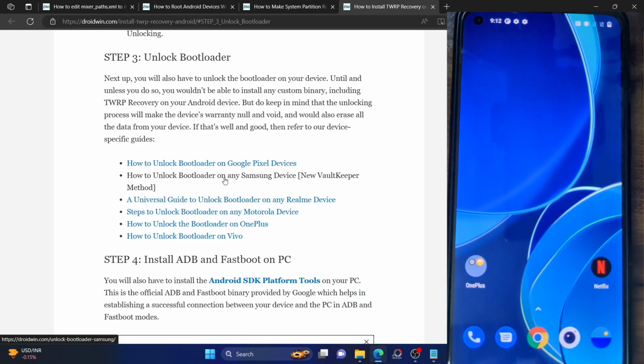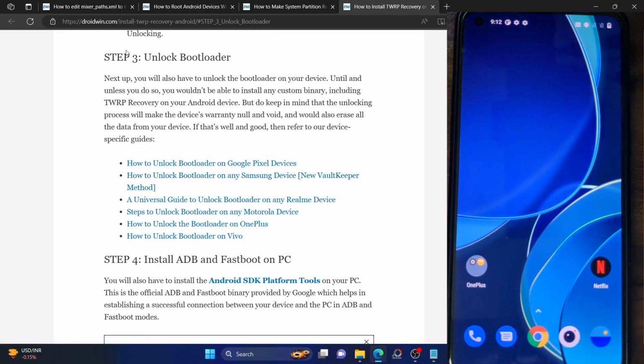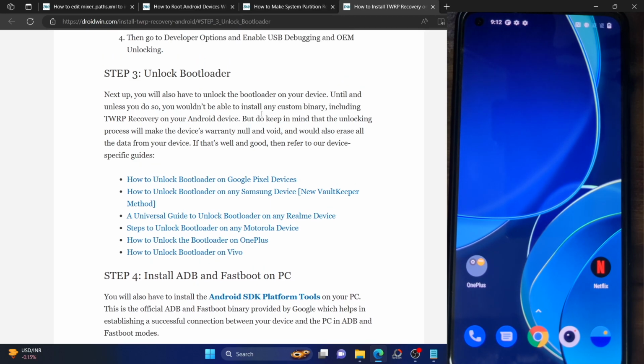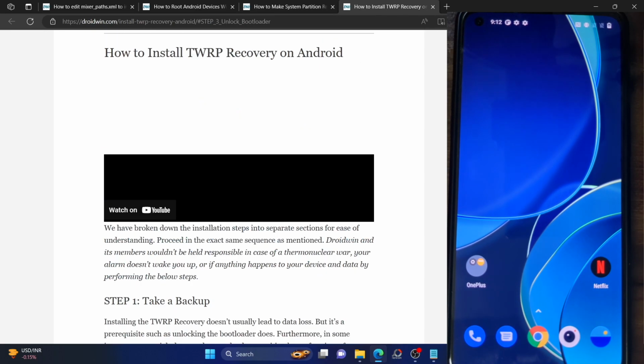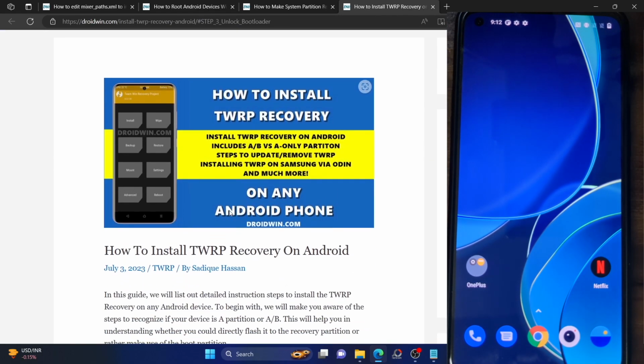So let's now proceed ahead and boot our phone to the TWRP recovery. It's always recommended that you first boot your phone to the recovery, and if everything is working well and good, you could then permanently flash the recovery file onto your phone. So let's now first boot our phone to TWRP recovery.